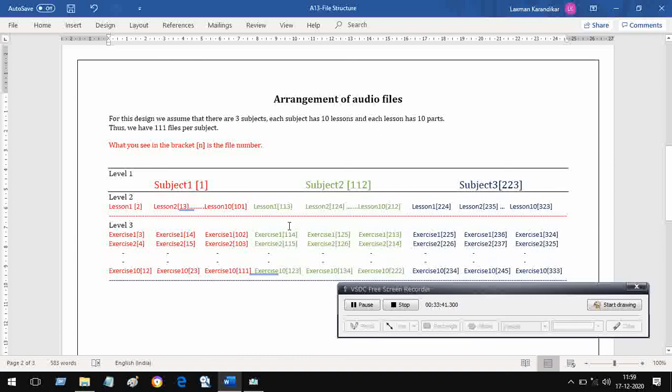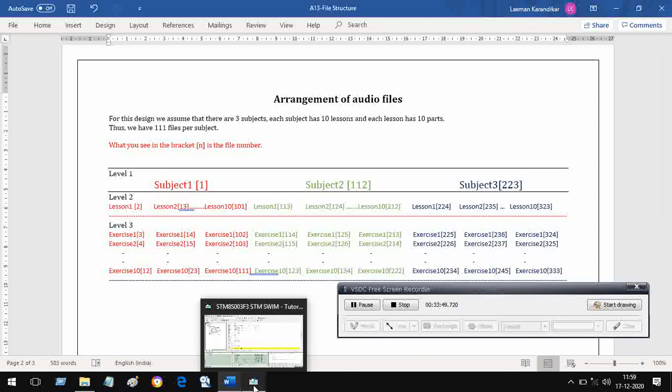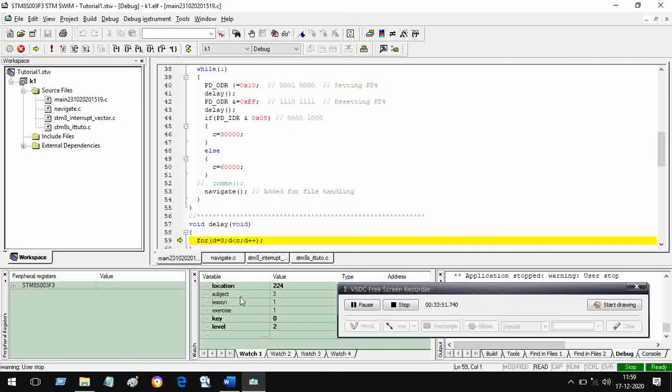This is all level 2, and the address is 224. So location, subject is 3, lesson is 1, and address is 224. That is precisely what has happened, and we are at level 2.